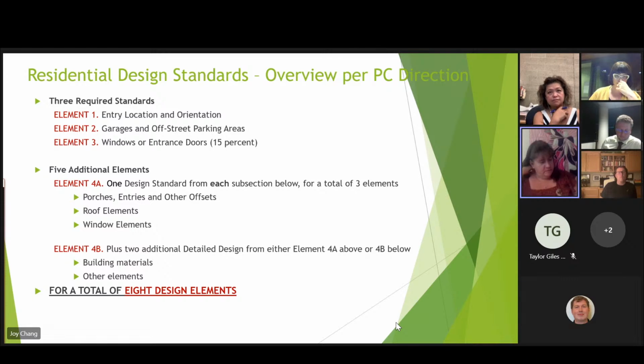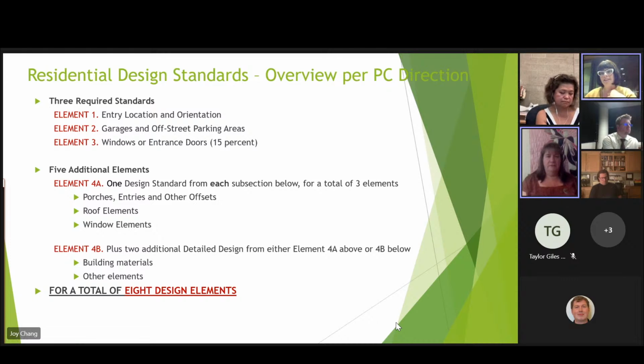And then there are 2 other places that they can get points so that they have a total of 8 design elements, 3 required, 5 optional in any assorted combination. As long as they have an A, a B, and a C, then they can do 5. It's unfortunate that they have to be so prescriptive because the belly band is not in here anyplace, but